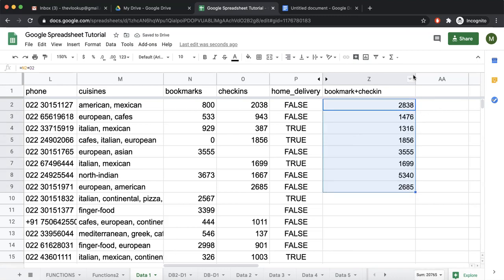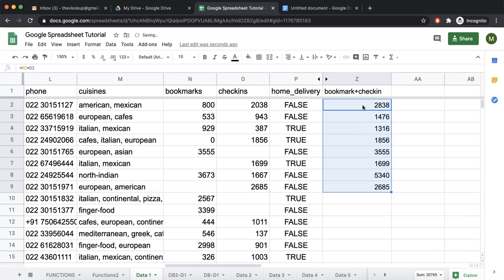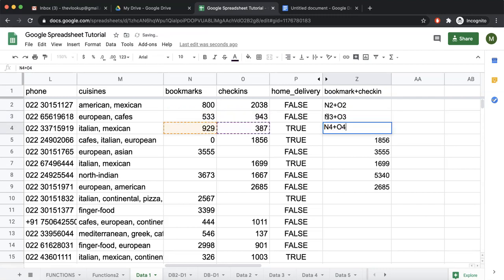Now for some time, let me remove the equal to sign so we can see what exactly the function is. Now you see what is happening. There is a proper pattern. There are only two variables. One is moving from N2 to N3, 4, 5, 6. The other is moving from O2 to O3, 4, 5, 6. So there is a pattern in the function.